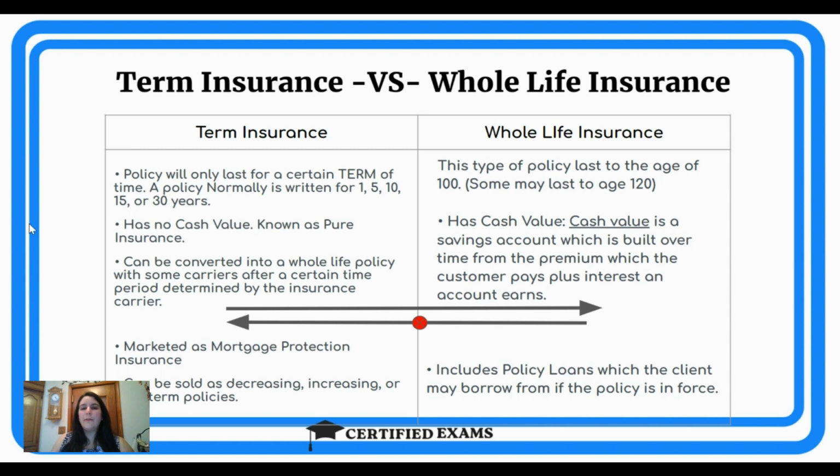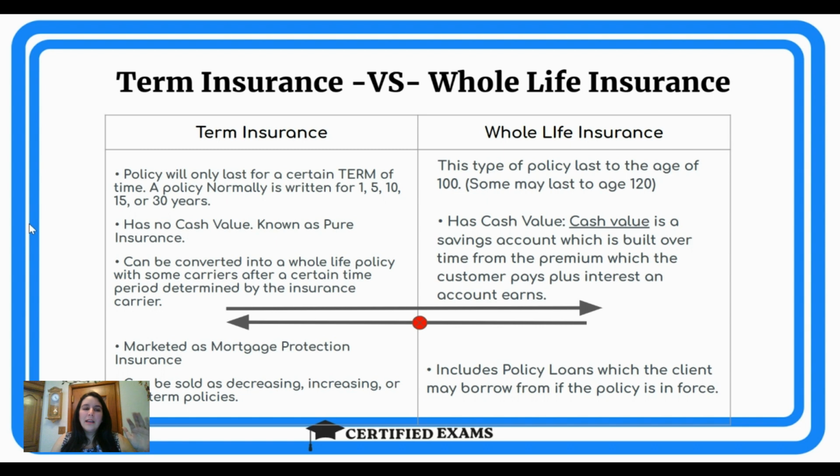And this is the main difference in how you know what type of policy you're reading about or have in mind at that moment. So here's the thing. Term insurance policies, number one, they last for a term of time, hence the name. What y'all will see in the insurance industry is that the name of the item you're looking at typically tells you what it's doing or has some major descriptive quality, describes basically what it is.